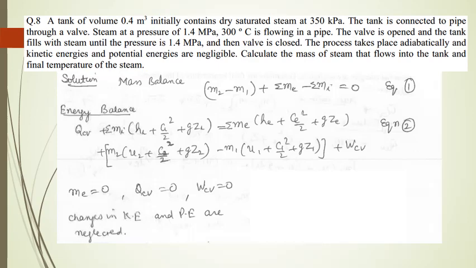Now the energy balance equation, shown as equation number 2, is given on the slide. As no mass is leaving the system, that is the tank, Me is going to be 0. Here also in this question, the tank becomes the system. Because the process takes place adiabatically, QCV becomes 0. And there is no work delivered by this system. If you reduce this system to a pulley weight system, the weight is not going to rise. It means there is no shaft work being done by the system. Changes in kinetic energy and potential energy terms are also neglected.